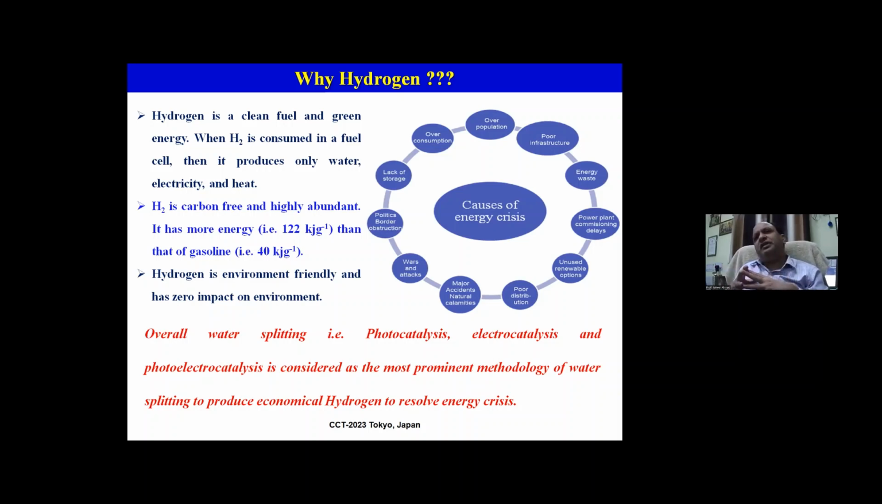Hydrogen is considered clean and green energy, and when hydrogen is consumed as fuel, it can produce water, electricity, and heat, and it is carbon free, therefore it is environmentally friendly and has zero impact on the environment. Generally, to produce hydrogen from water, we do photocatalysis, electrocatalysis, or photoelectrocatalysis. These three phenomena are collectively called overall water splitting. Overall water splitting is considered the most prominent methodology to produce economical hydrogen to